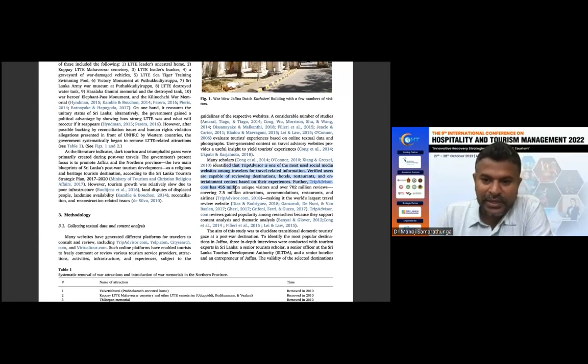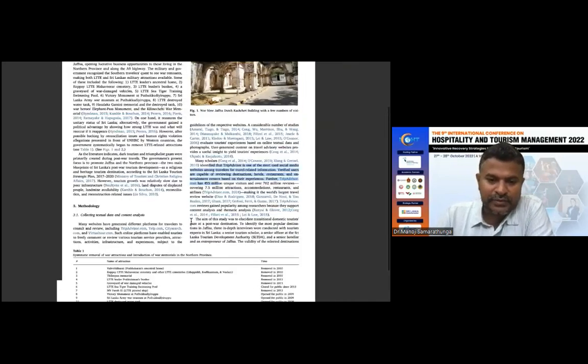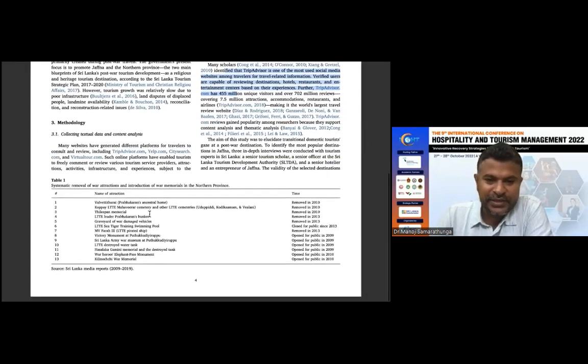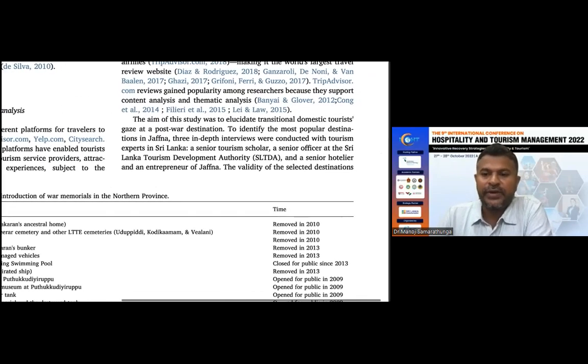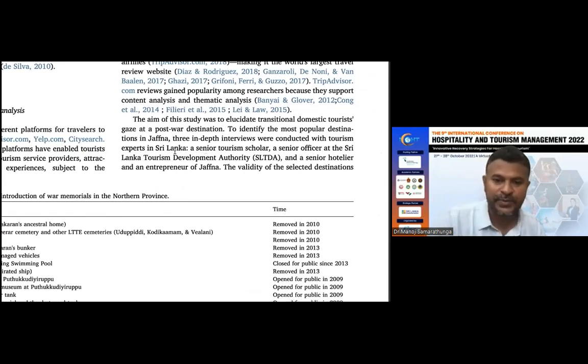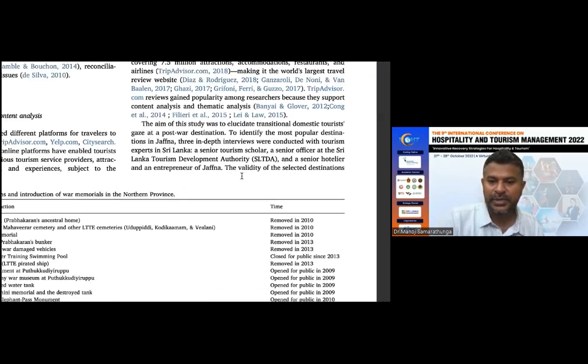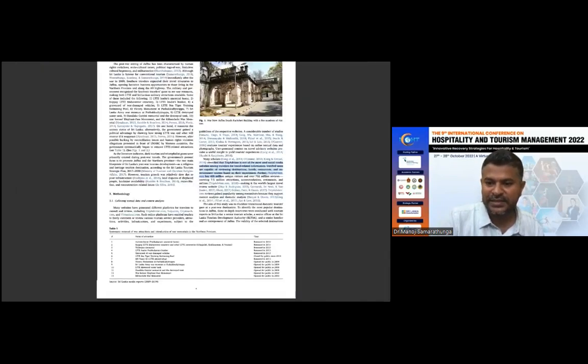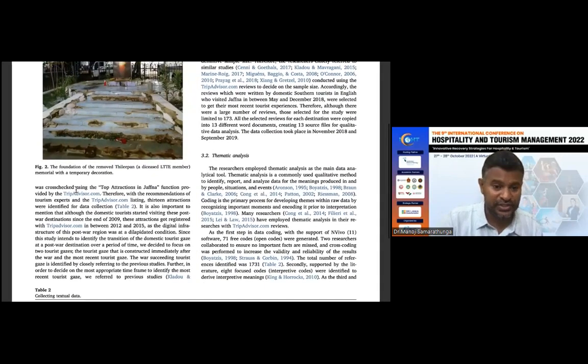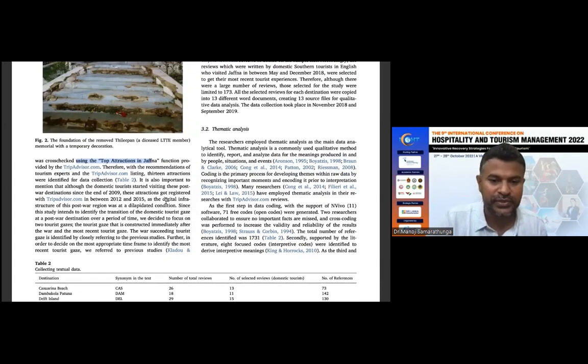That is number 1. Number 2, when it comes to the reliability of the destinations we selected, to identify the most popular destinations in Jaffna, 3 in-depth interviews were conducted with tourism experts in Sri Lanka: a senior tourism scholar, a senior officer at the Sri Lanka Tourism Development Authority, and a senior hotelier and entrepreneur of Jaffna. The validity of the selected destinations was cross-checked using the top attractions in Jaffna. So here we are moving into the triangulation method. In this paper also we used the triangulation method,